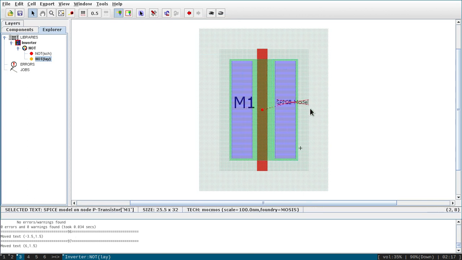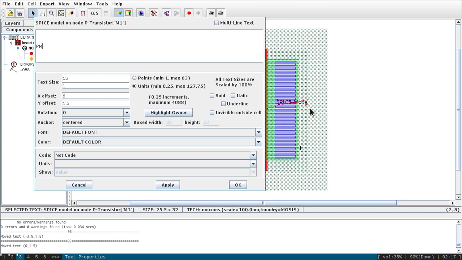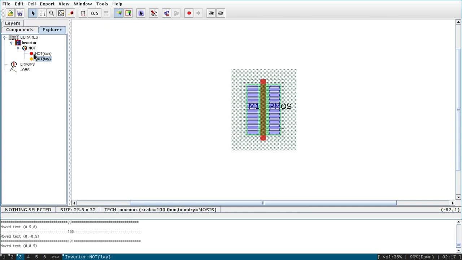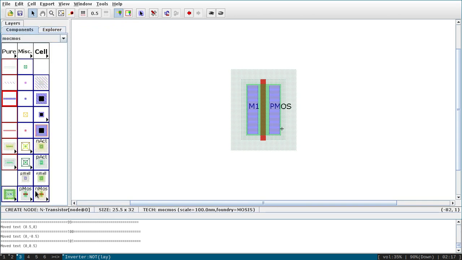So again edit its property. It is PMOS, and let PMOS and let size be 3. Okay, so PMOS. Similarly, the same procedure you have to do for the NMOS also. So I will go to the component, click on NMOS and place it here,